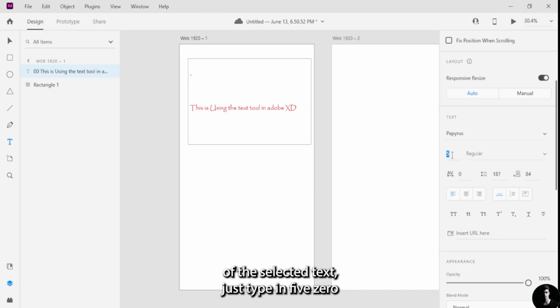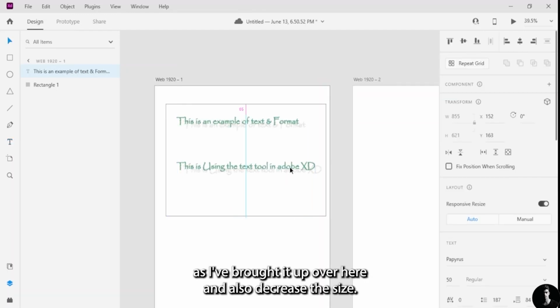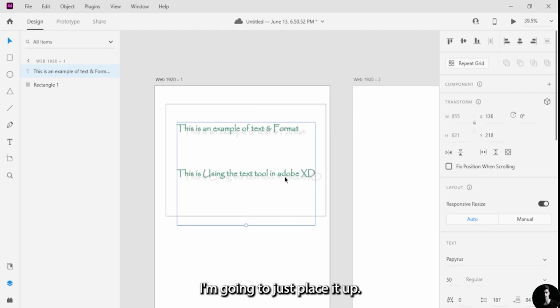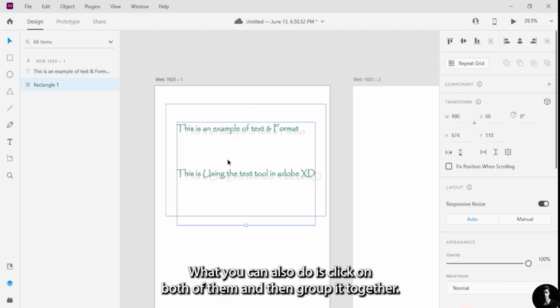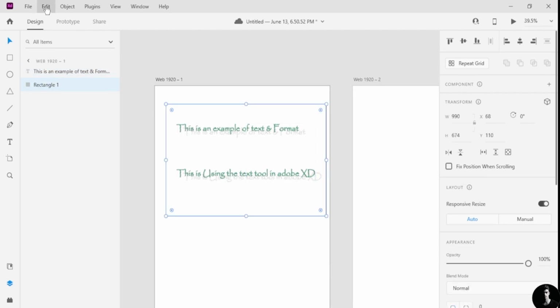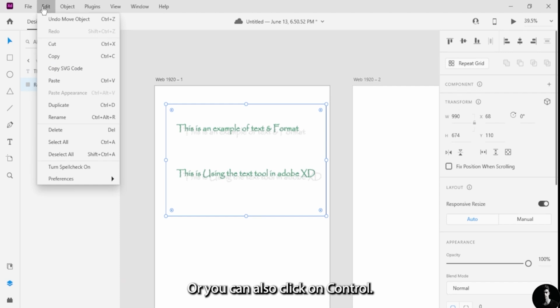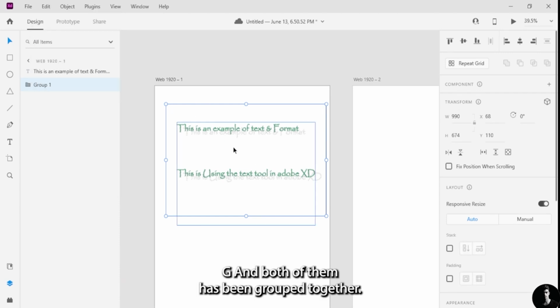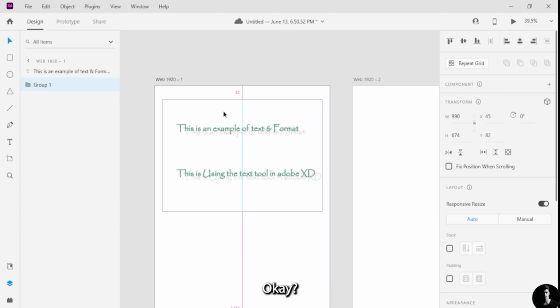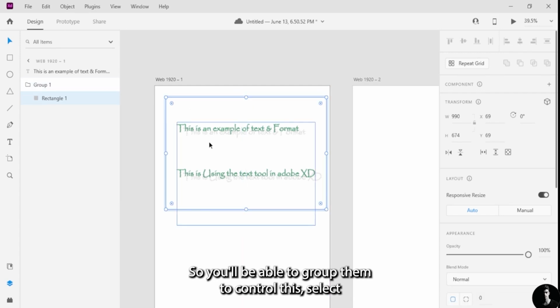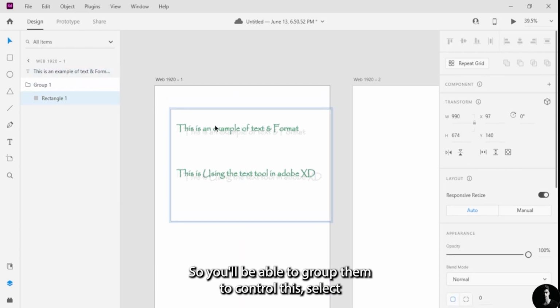Just type in 50. As I've brought it up over here and also decreased the size, what I'm going to do is place it up. What you can also do is click on both of them and then group them together. So I'm going to go over there, or you can also press Control G, and both of them have been grouped together, okay? So you'll be able to group them too. Control, select both of them,